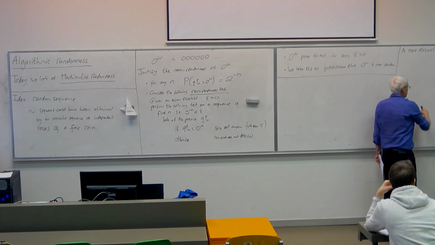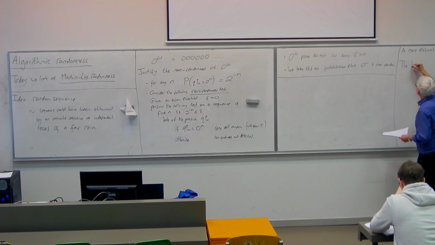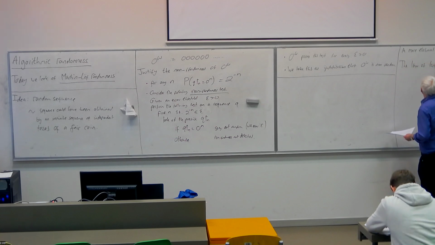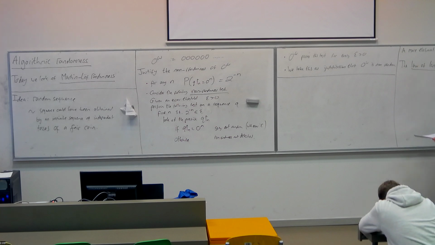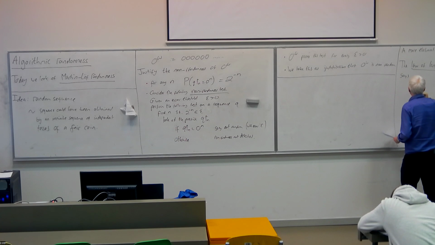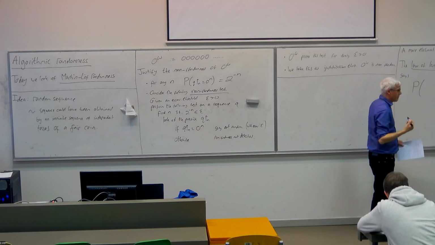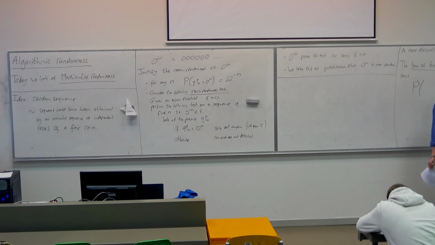In probability theory, there's a very famous result called the law of large numbers, which has a weak version and a stronger version. It's more general than just fair sequences, but we'll just do the version for fair sequences. So the law of large numbers in probability theory says that the probability that a sequence generated by a coin toss p satisfies the property that